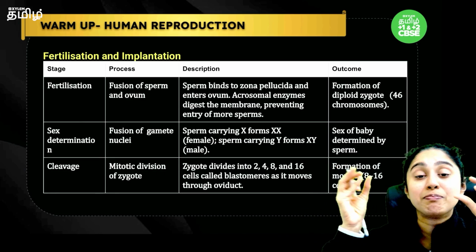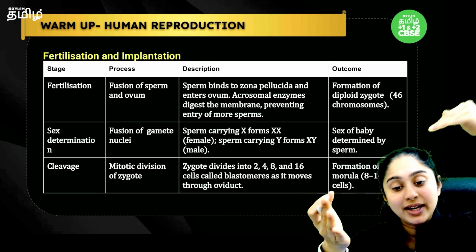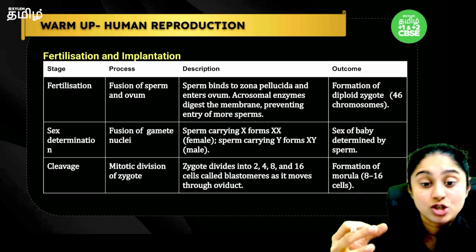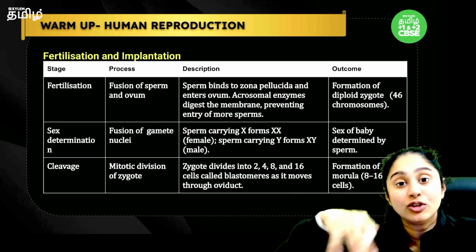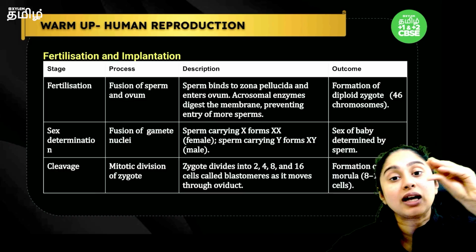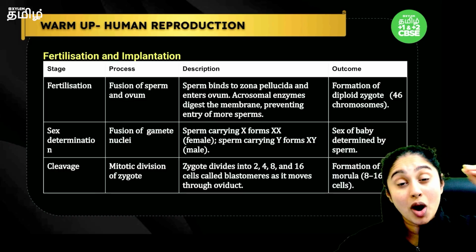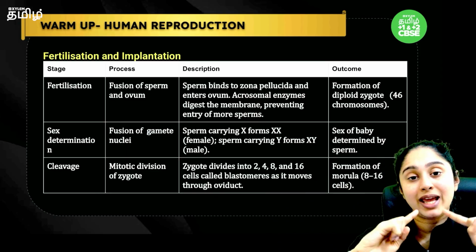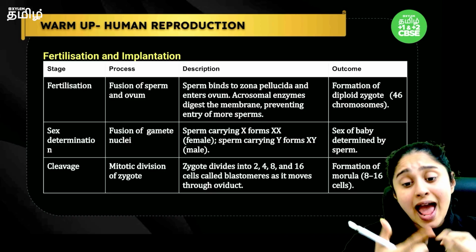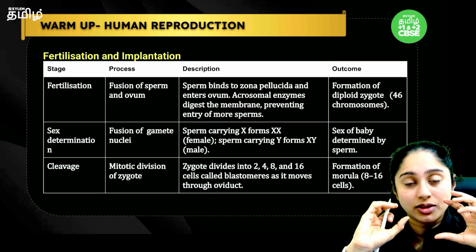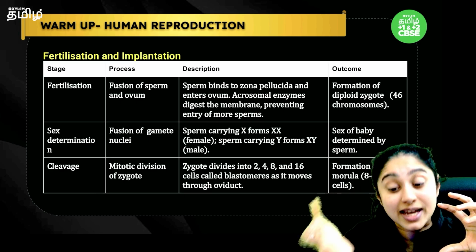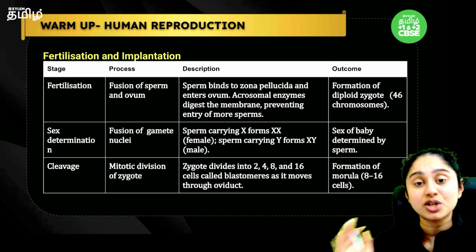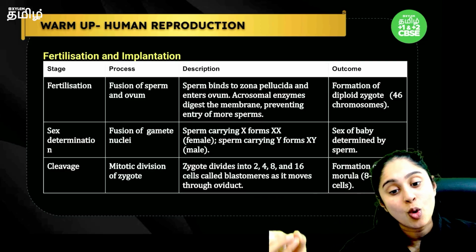The sperm will first of all release the enzyme and penetrate through the corona radiata. Then around the oocyte we have the zona pellucida. So again all the lysins, all the hyaluronidase will break down these layers and it will come and bind to the zona pellucida. Now once the entry of the sperm happens, immediately no other sperm will be able to enter the cell, and immediately the secondary oocyte inside will complete the meiosis and become an ovum. Okay, so this will cause the fusion of the haploid nucleus from the sperm and the ovum, forming